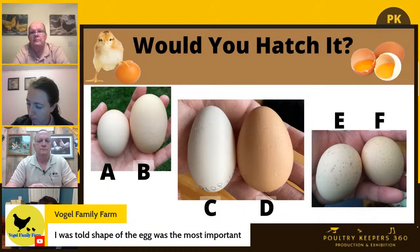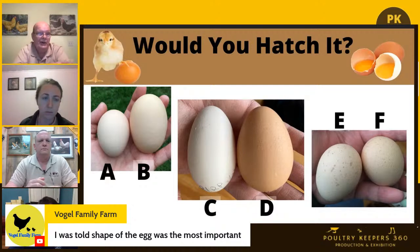I know, and here I'm going to flash back to Marans again. Their desired egg shape is almost round, almost golf ball shaped. And the philosophy is that shaped egg tends to stay in that part of the hen's body where they're laying down the shell color longer, so you get a darker egg from it. They can also be harder to hatch. For one thing, it's hard to tell which is the large end and where the air cell is. It's very difficult to tell, and those eggs can be so dark you can't